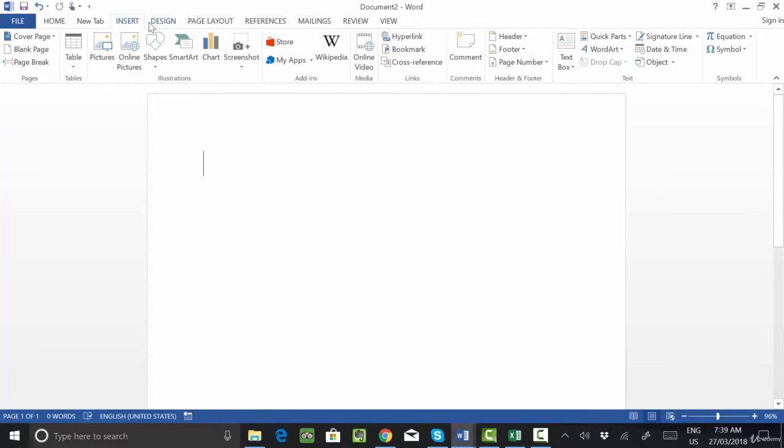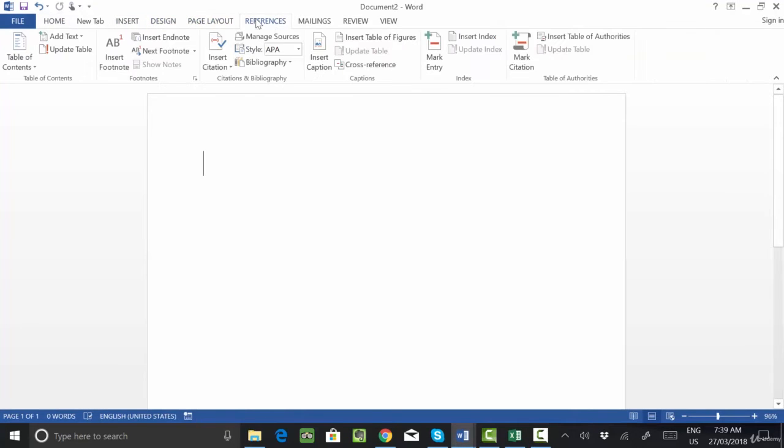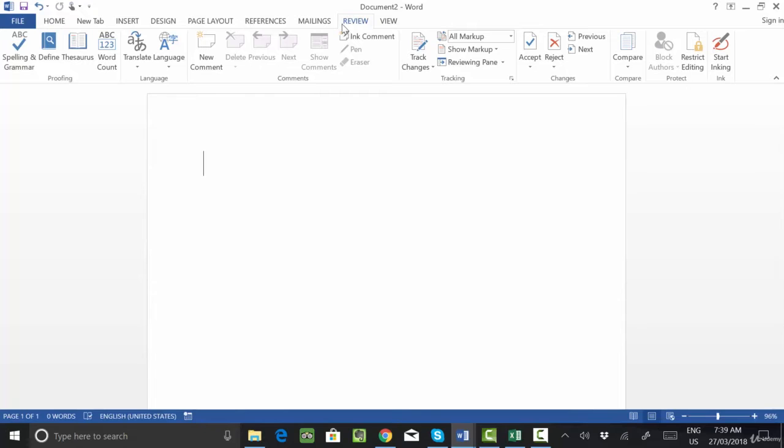Menu here: insert menu, design, page layout, reference, mailing, review. Right? You have tools now in this one. These all are tools. In case you want to hide something, like this new tab, or maybe the developer tab is not displayed right now on the screen, from where will you bring it back?